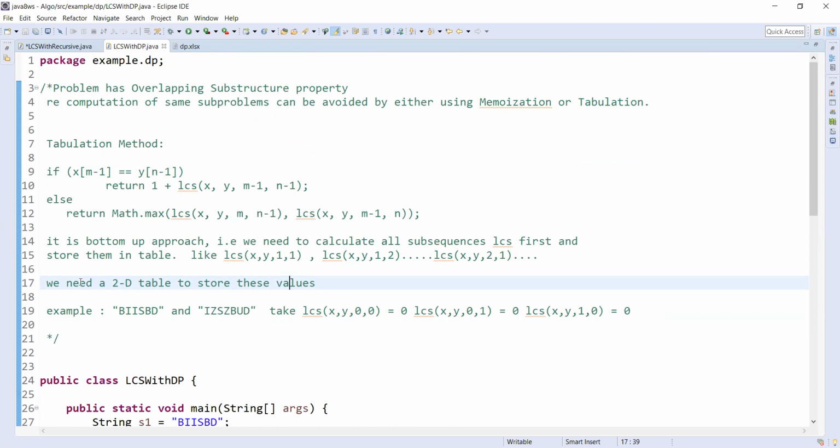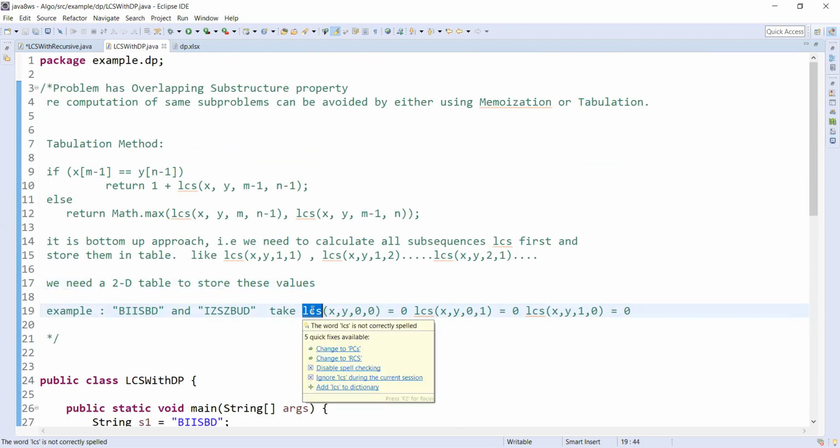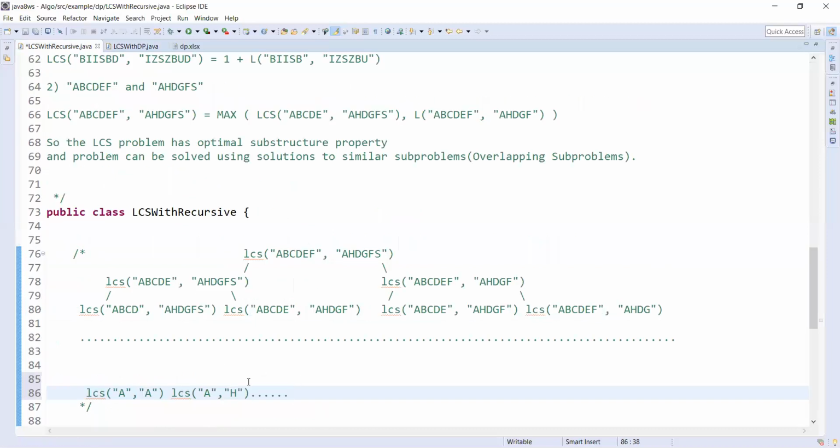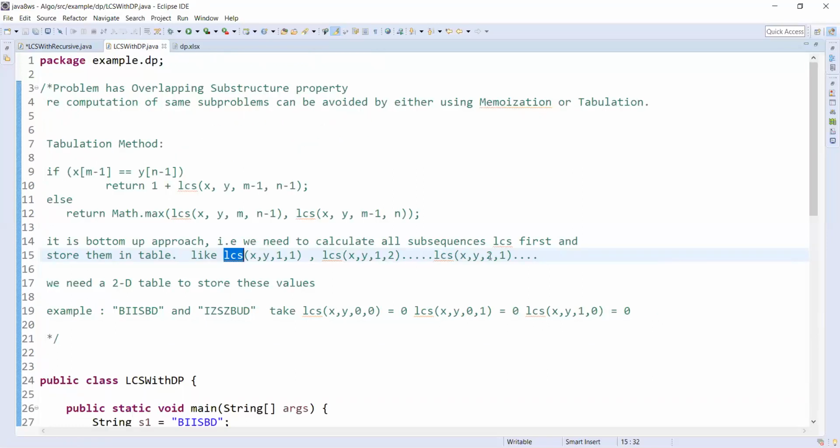So here we first need to calculate x comma y of 1 comma 1, that is nothing but A and H, then 1 comma 2, 2 comma 1, something like that. You need to calculate all these LCSs, store those values in the 2D table, and then calculate the actual problem.